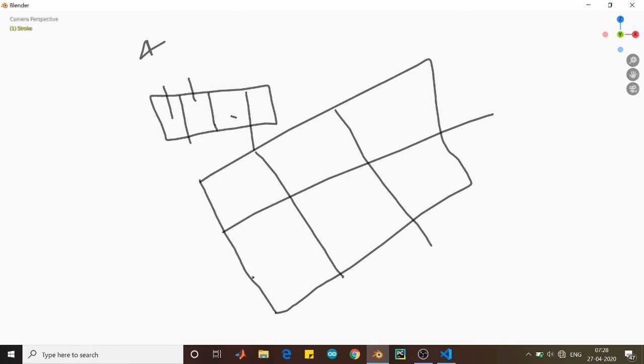I know it is funny. This is a 3 cross 3 array, and we have created a 10 cross 10 array. Its naming is such that an array always starts from 0. Here it will start from 0, 1, 2 and 3. Here it is going to start from 0 0, 0 1 and 0 2. As you can see, I'm having some difficulty, but this would be improved in later videos.